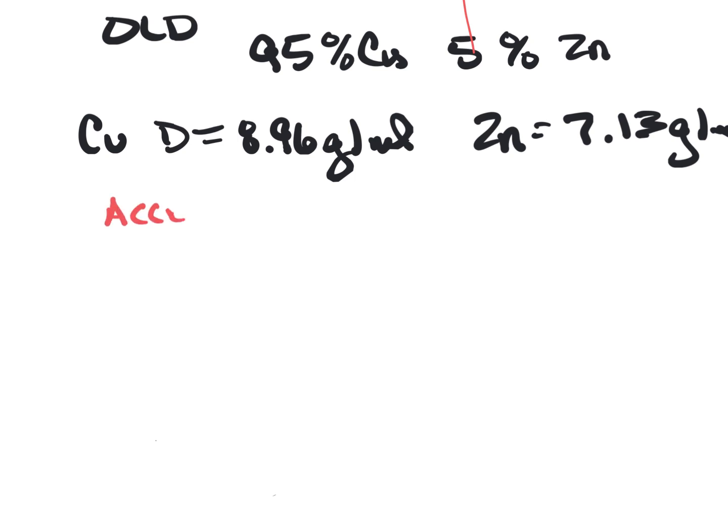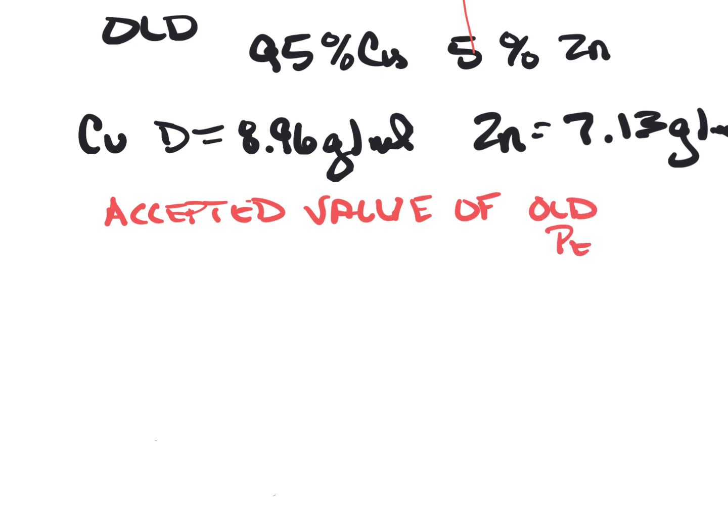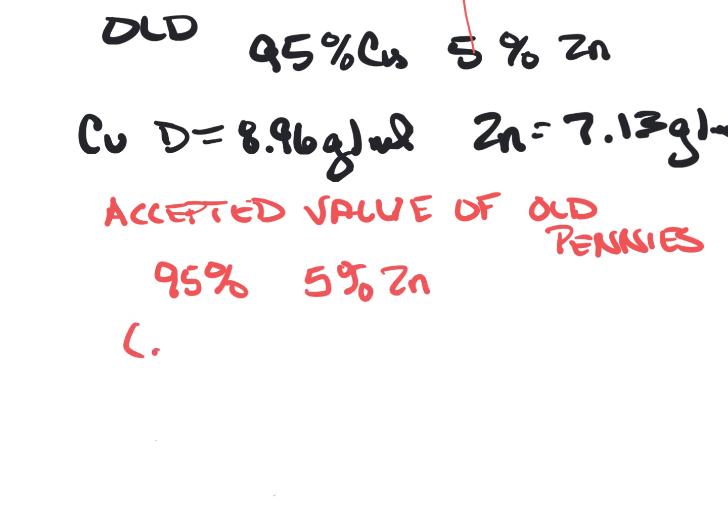Accepted value of, let's do the old pennies first. So I'm just going to have a label there showing what I'm calculating. Okay, so we said that the old pennies were 95% copper and 5% zinc. So what I'm going to do is take 95% and put it in decimal form, 0.95. Then I'm going to multiply that by the density of copper, which is 8.96 grams per milliliter,